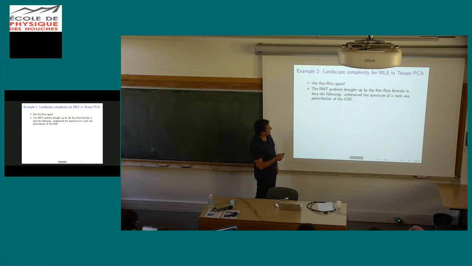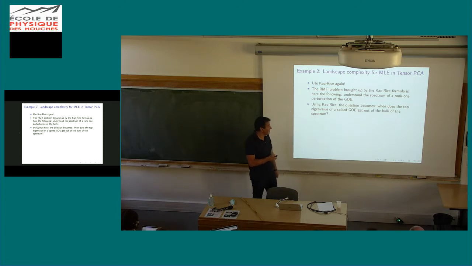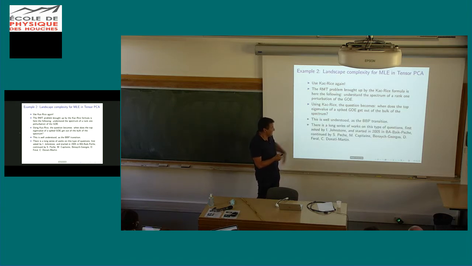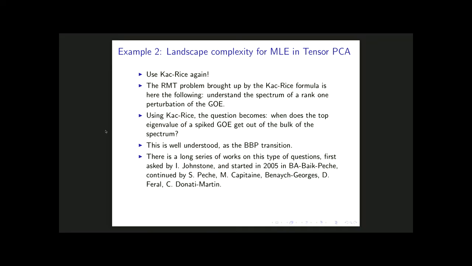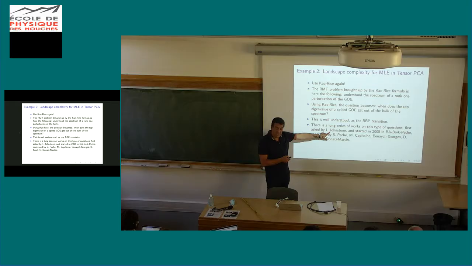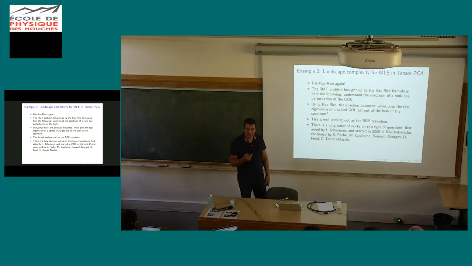And so, as I said, use Kac-Rice. This is what I just mentioned. And the question just becomes this: where does the top eigenvalue of a spiked GOE get out of the bulk of the spectrum, which is the BBP transition? And this question was, in fact, asked by Iain Johnstone, a statistician. It didn't come from random matrix